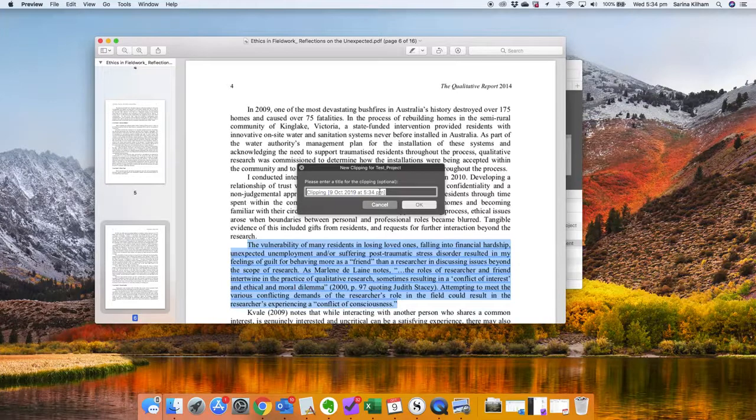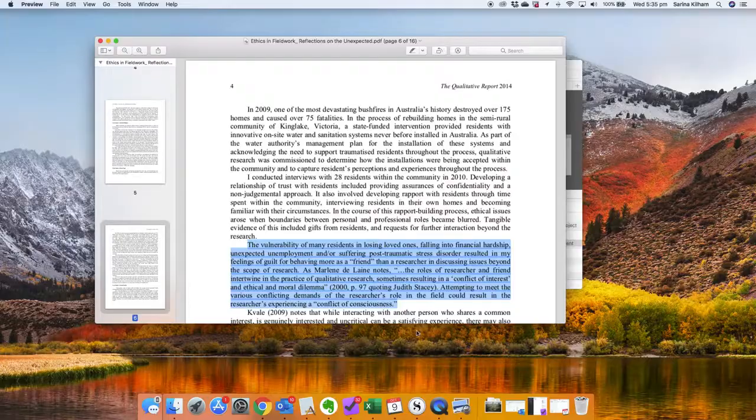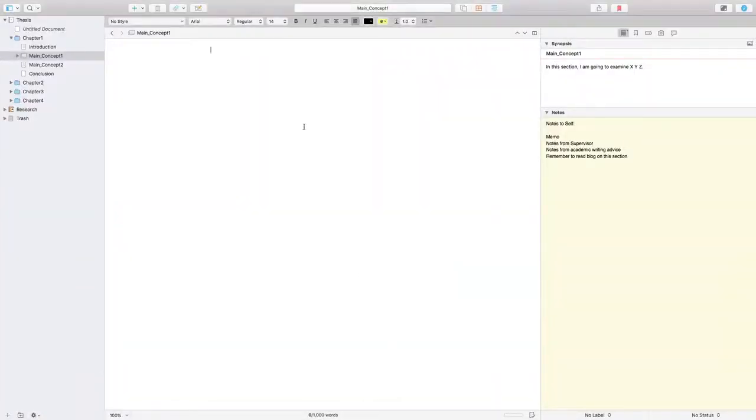Enter a title for the new clipping. Now, usually for the first time I do a clipping, I like to include the author's surname and a bit of the title so I know where the clipping is coming from. So this is by Palmer et al. Ethics Fieldwork. So that's probably enough for me to find it again. Maybe the year might be handy as well, just so when I go and look at my EndNote bibliography, I can remember exactly what article. Click OK. If I go over to Scrivener,